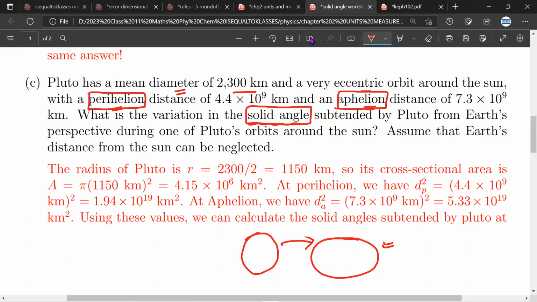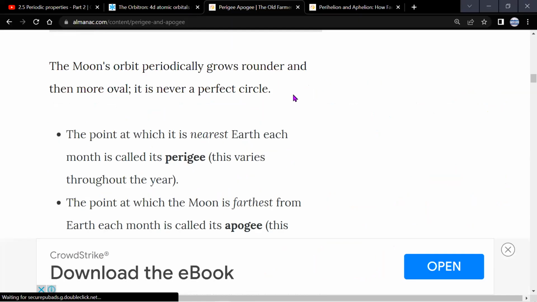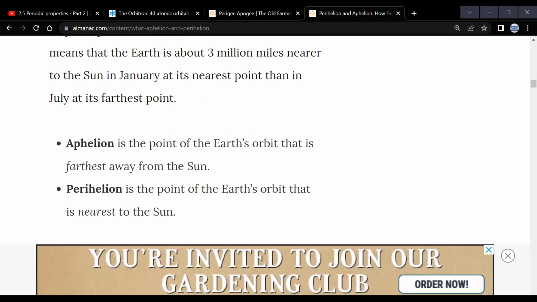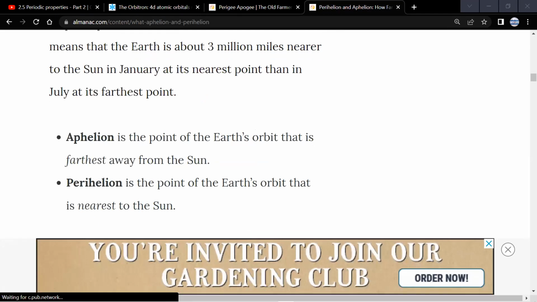Now, as I understand, in geography you do perihelion and aphelion, but let us revise the definitions and see what they mean. Another word that we will be covering is perigee and apogee. They can give you a question of Pluto, or a similar question for Earth and Moon or Earth and Sun. So let us understand perigee and apogee also. And this is the best figure that I could get.